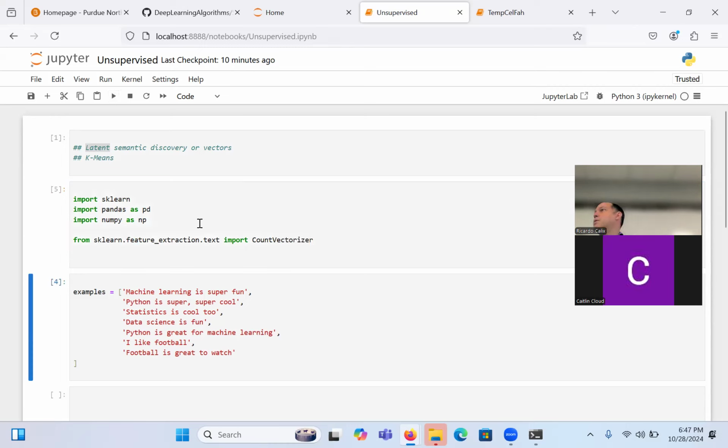Okay, no errors, right? So it accepted that library. So this is what 15 years ago everyone did, pretty much. That was the state of the art back then, right? What we do today is way more sophisticated with this idea of embeddings. All right, so let's go ahead and now